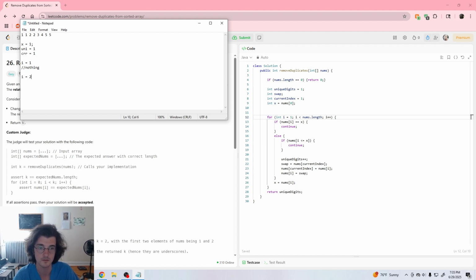When I equals 2, if nums at the second index equals x, so the x is currently 1, nums at I, third index is 2, so we're going to go into the else clause. So if nums of I, so if 2 is less than or equal to x, which it is not, we continue. Else, unique digits gets put up to 2, plus 1,